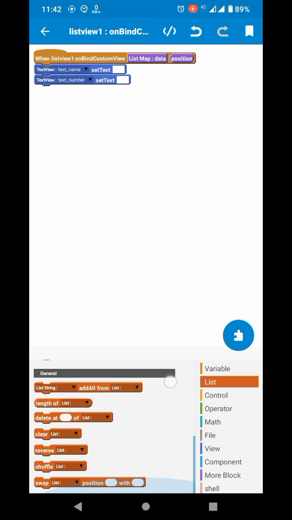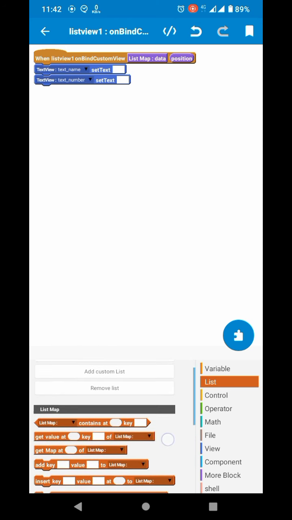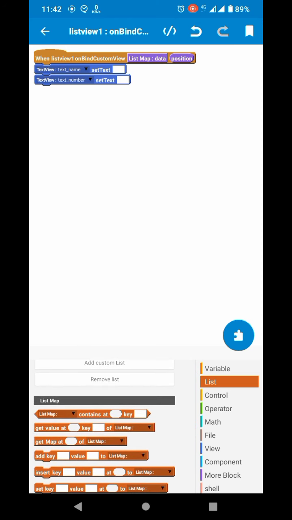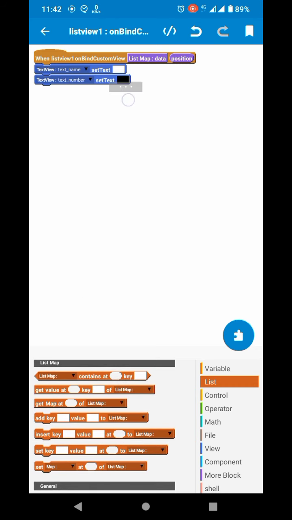So here in the onBind custom view, we will show data such as name and number,